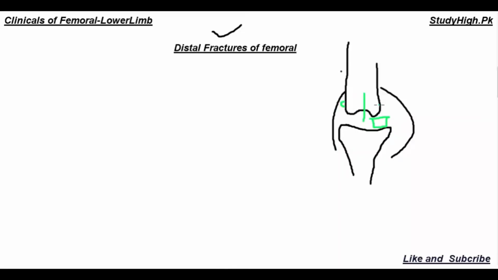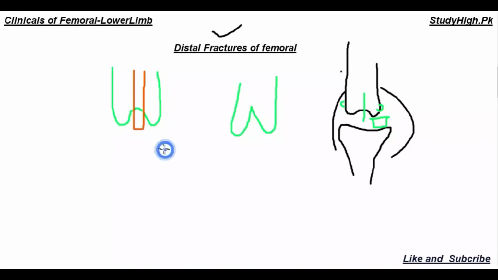So first of all, when a fracture of the distal part of the femur occurs, there is a separation of the medial and lateral condyles of our femur bone. Not only this, but the arteries present on its anterior or posterior side, like the popliteal artery that supplies blood to the lower leg as well, can also be affected or broken when there is a breakdown of the distal part of the femur. As a result, the blood supply to the lower leg will also be affected by this femoral fracture.